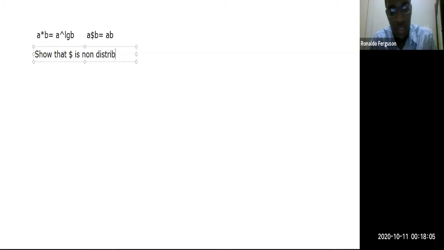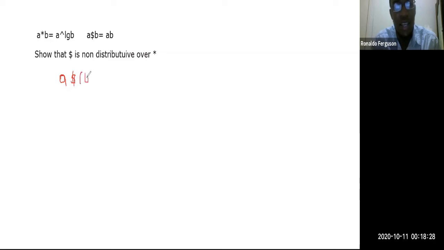non-distributive over star. So that's what we're going to show. To show that dollar sign is non-distributive over star, we're going to have to start by writing down the statement. Alright, A dollar sign, let's say A dollar sign B star C, we're going to have to show that this is not equal to